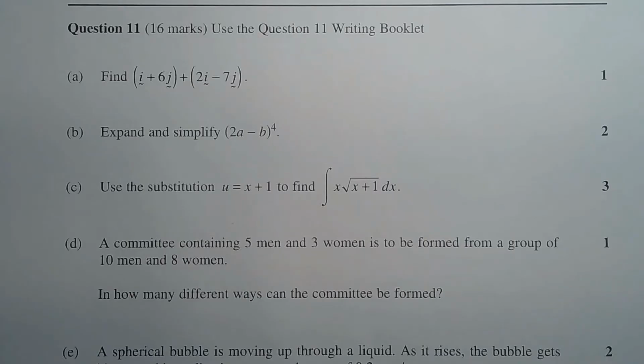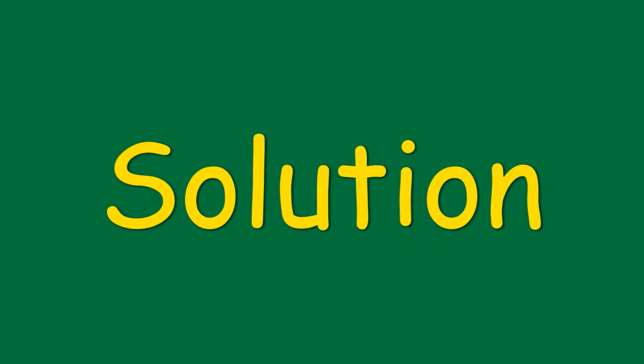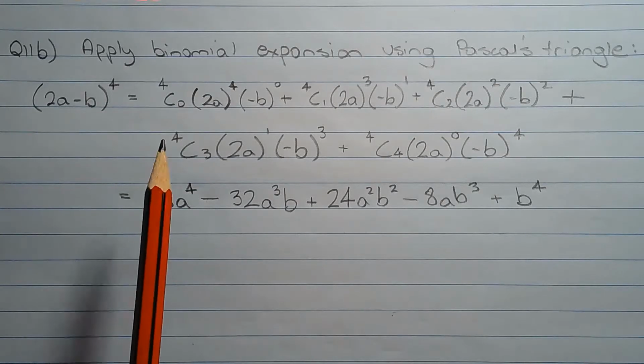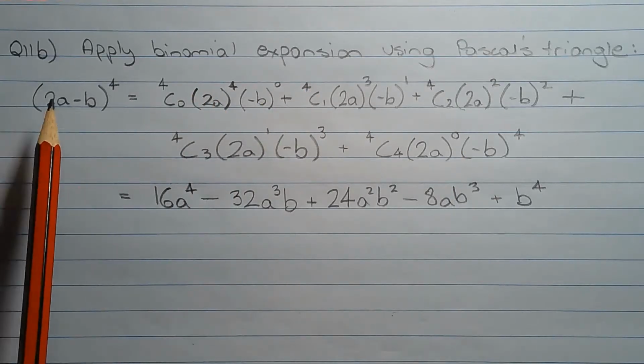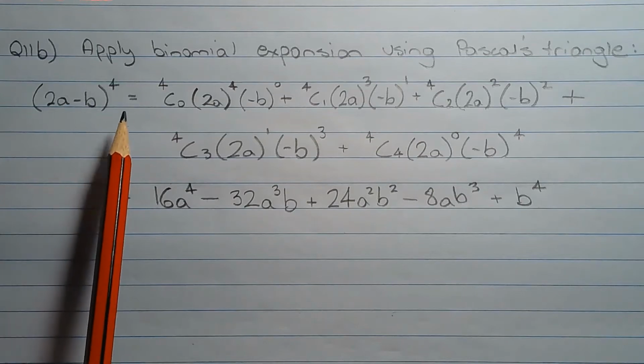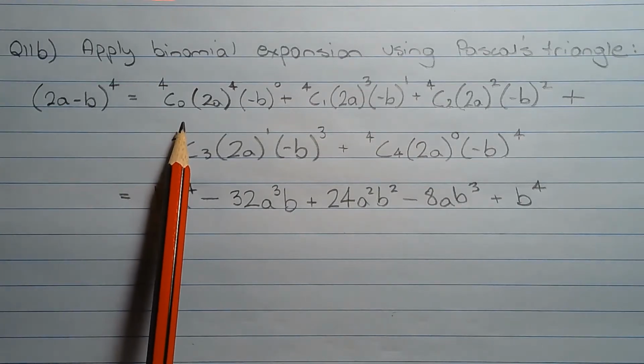Question 11b. Expand and simplify (2a − b)^4. Apply binomial expansion using Pascal's triangle. So (2a − b)^4 is equal to 4 choose 0 multiplied by (2a)^4 multiplied by (−b)^0